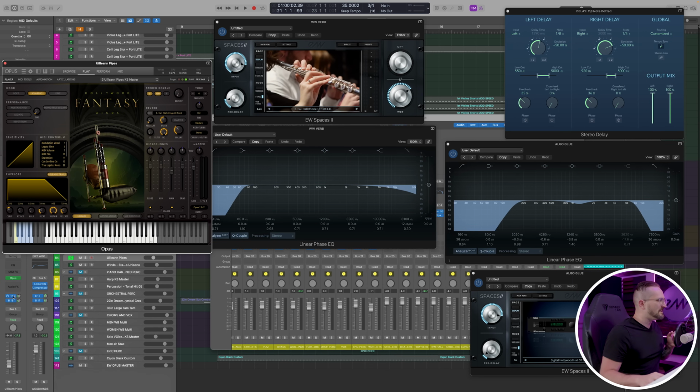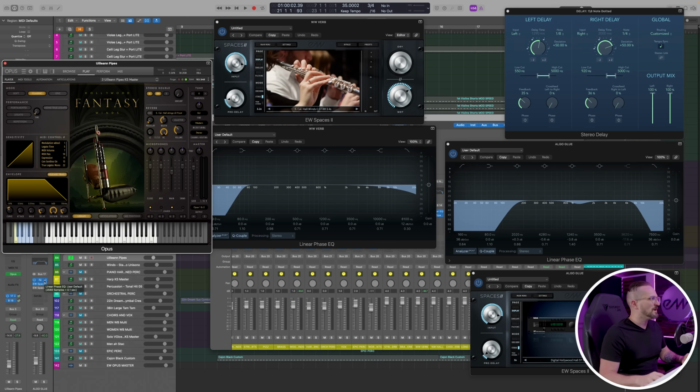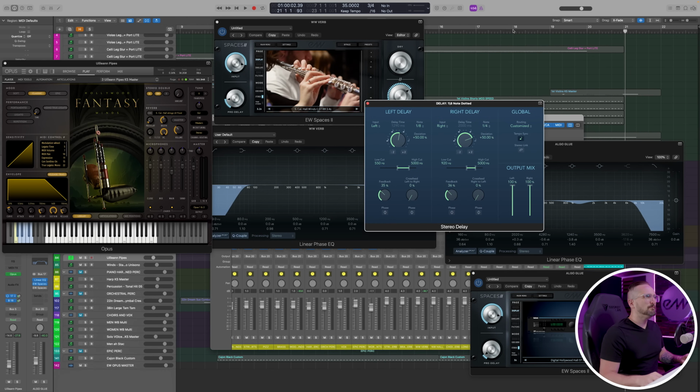So you'll notice that I'm sending a little bit of extra signal to that Digital Hollywood Hall from the Uilleann pipes track. Again, it's going to be that unprocessed signal because it's not going through the bus. That's okay. Most of the signal that's going to these reverbs is still coming from the processed bus. So let's go ahead and hear the winds together.